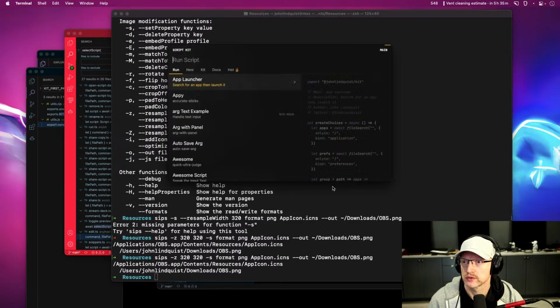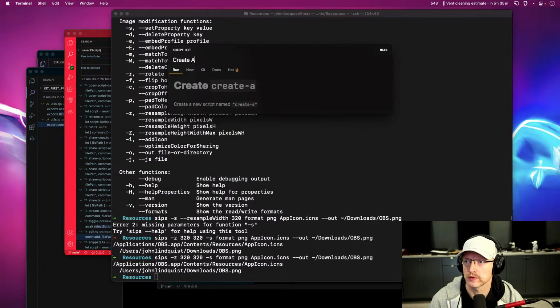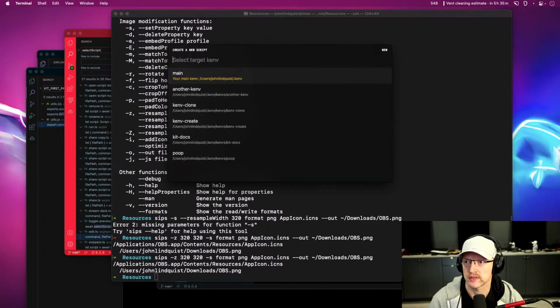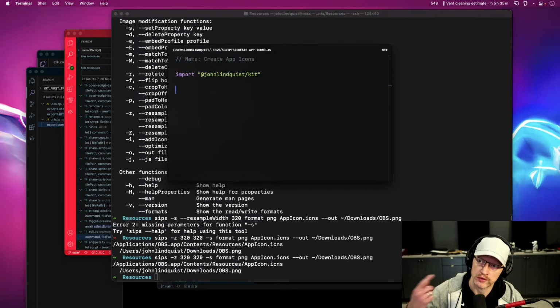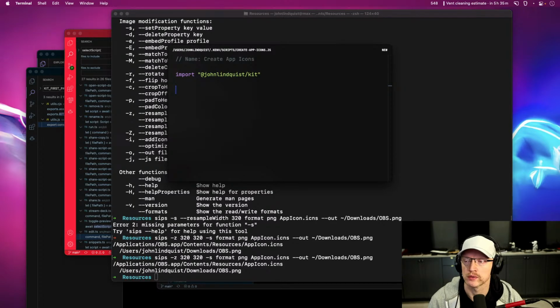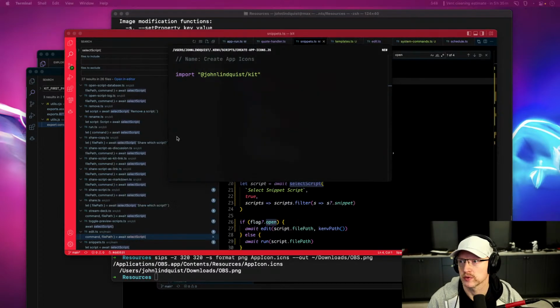So I'm going to write a script, create app icons, just as kind of a playground of something I can bring into the Kit SDK, so that when the app launcher script runs for the first time, so let me back up real quick, because